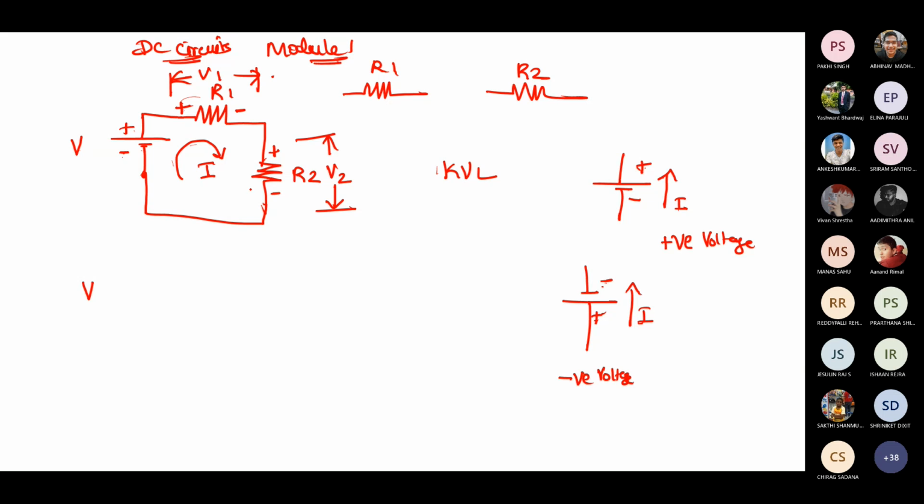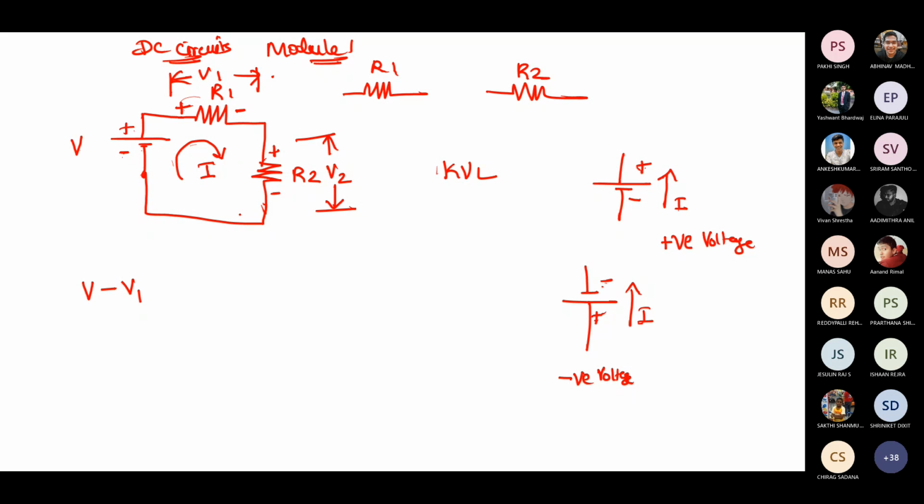Fine. Up to this. So now we are going to start. We have started writing the equation. So this we have written as V. Across this one, along the current direction, it goes from plus to minus or minus to plus? This V1 should be positive or negative, students? Negative. Negative, ma'am. Why? Because it is going from positive to negative. So minus V1. The voltage across R1 is nothing but what we assumed as V1.